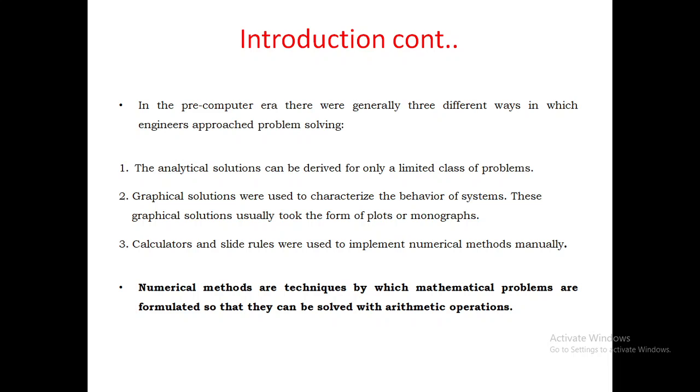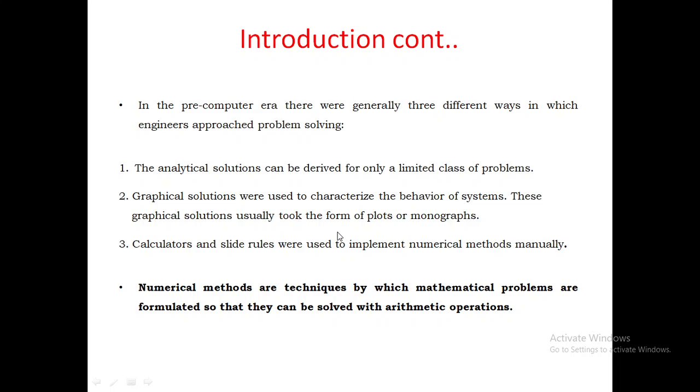This is the quadratic equation because ax square plus bx plus c is there. If you have any other polynomial, for example x cube plus 2x square minus 9x plus 18 equal to 0, then we need to use another method to solve that example. That's why this is only a limited class of problems. This solution is given for the analytical solution.